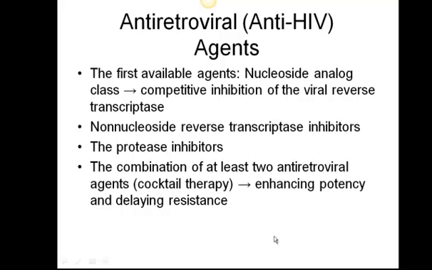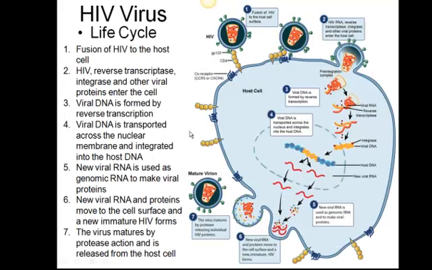And so typically for people that have HIV, they have a combination of at least 2 antiretroviral agents that will help block the activity of the lytic phase of the virus. And so having this cocktail therapy where you have multiple drug agents that you're actually taking, this will enhance the potency, and it also helps delay this process of evolutionary resistance to our drug compounds or our therapy that we're trying to treat the patients with.